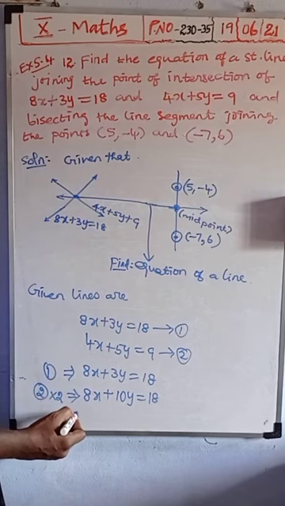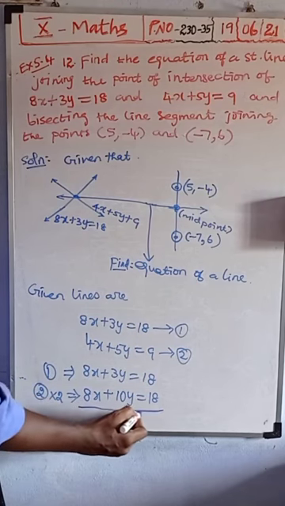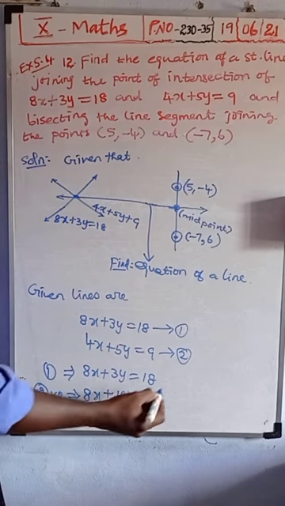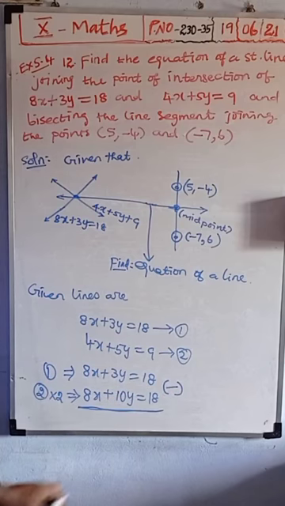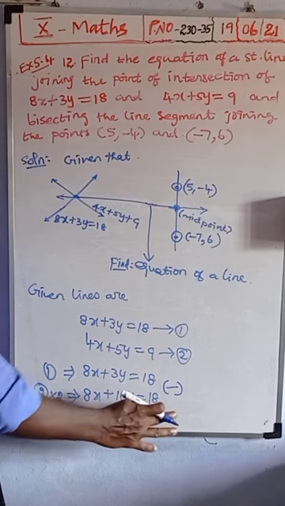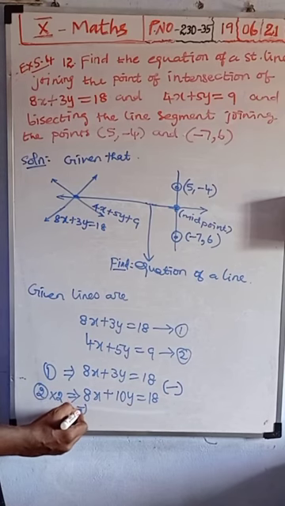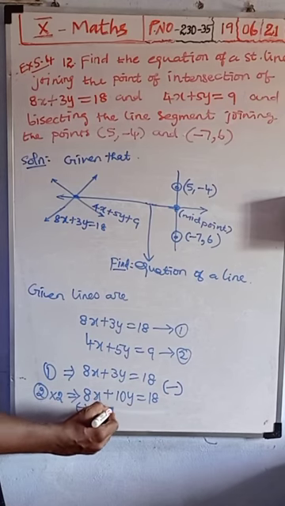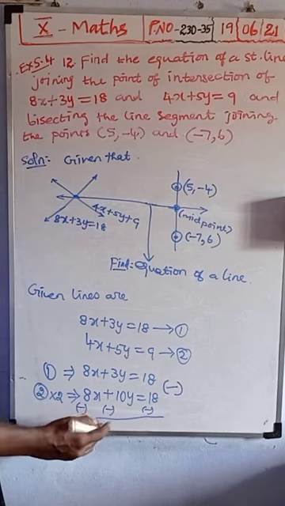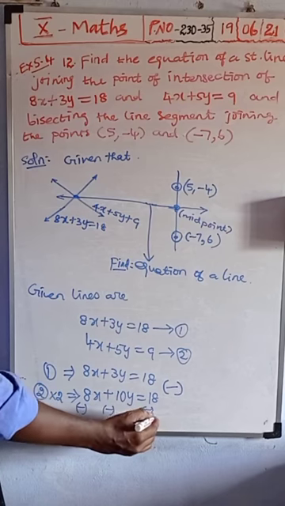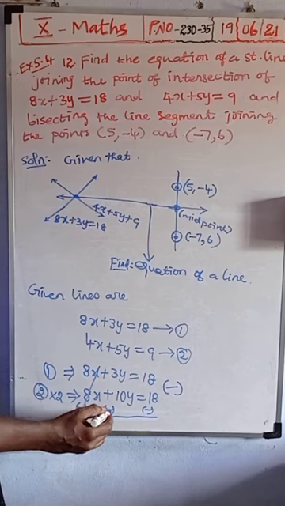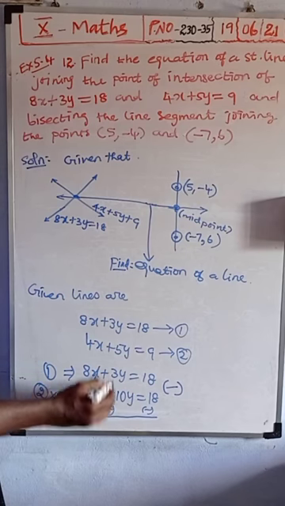You should multiply 2 with all the coefficients. Now we should not add. Why? Because here 8x and here 8x, they cannot get cancelled. So these two equations you should subtract. Subtract means you have to change the sign of all the coefficients of the second equation. Plus means minus, here plus means minus, here plus 18 means minus 18. Now see this: plus 8x minus 8x cancels. Minus 10y, after changing the sign, only then consider it.